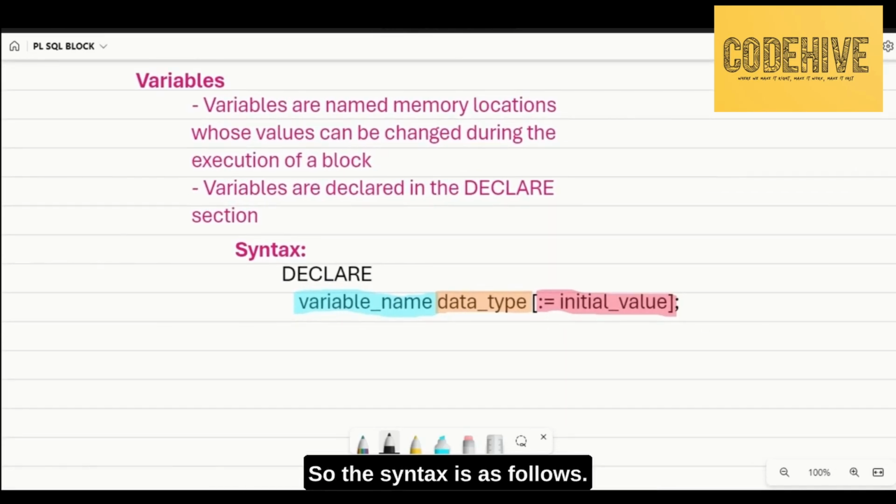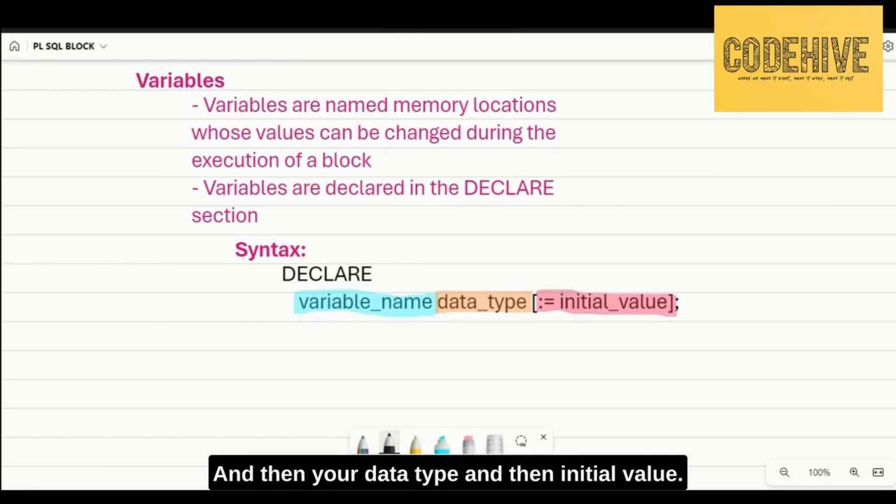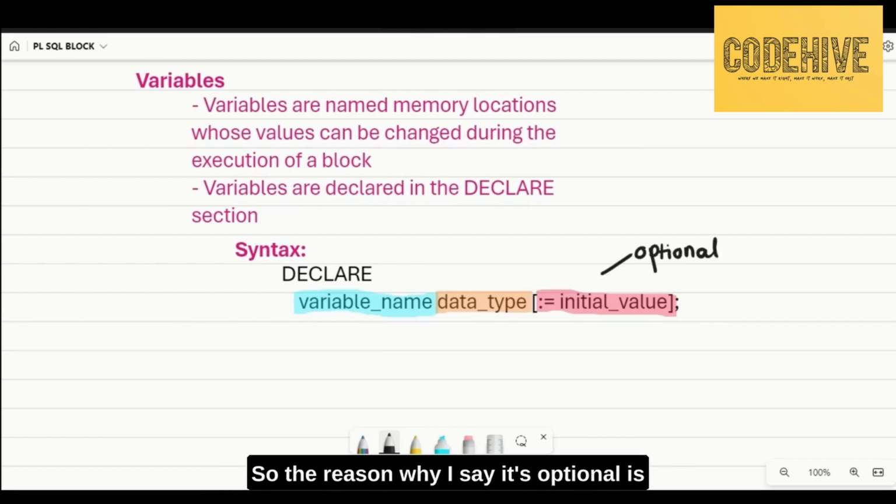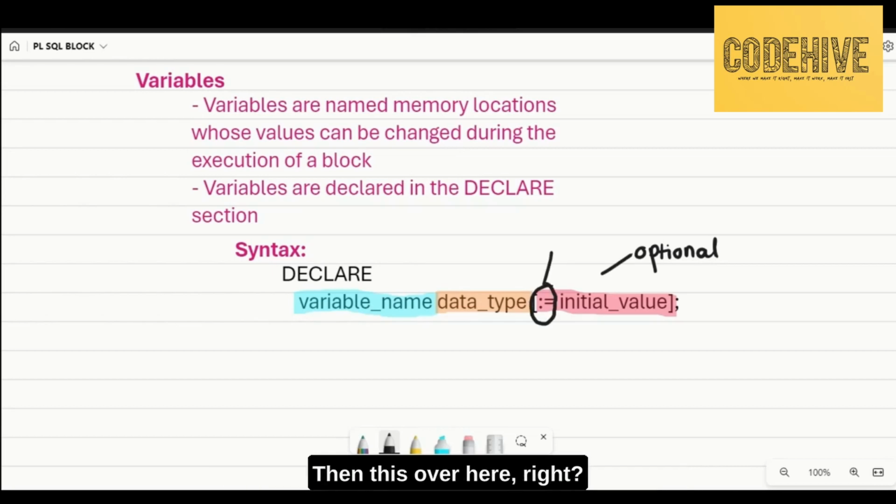The syntax is as follows. You have your variable name, and then your data type, and then the initial value. The reason why I put this initial value in square brackets is because it is optional. If you're not assigning a value to a variable, then you don't need that part. And then this over here is your assignment